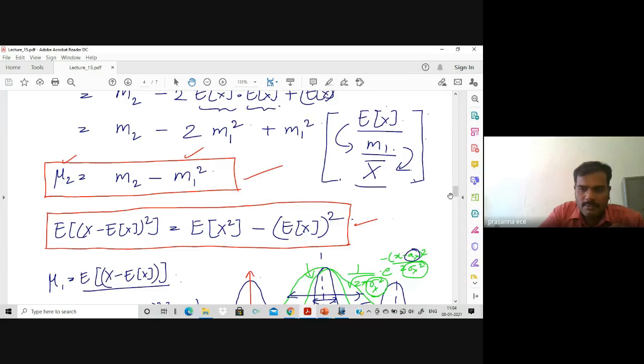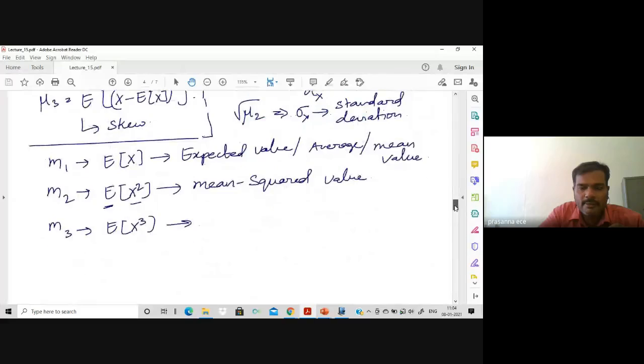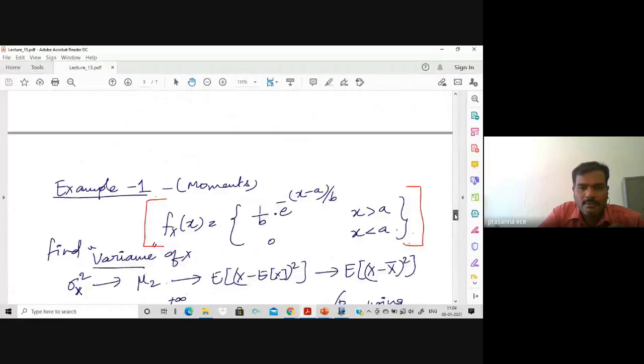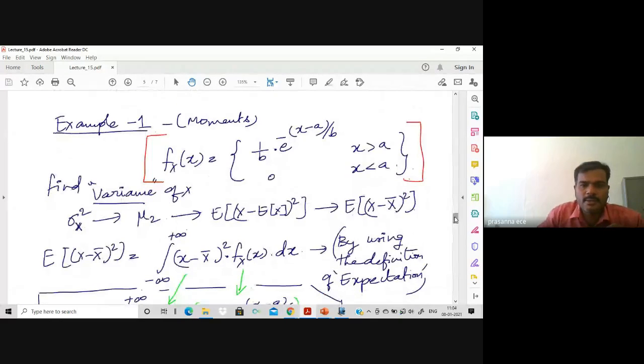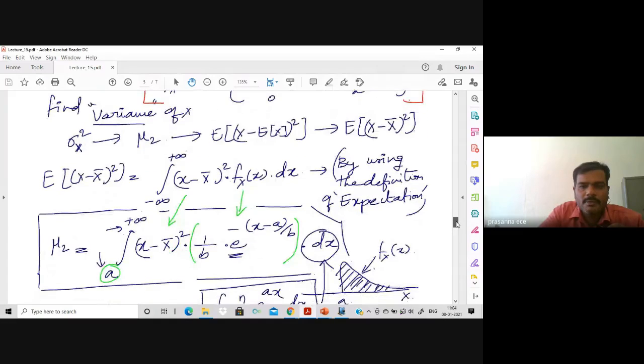Then we saw one example of evaluating the moment, that is, evaluating the variance. This was our first example, where we evaluated the variance of an exponential density. The density function given here is 1 by b into e power minus of (x minus a) by b. When we evaluated this moment, that is the variance, we had to go through a lot of